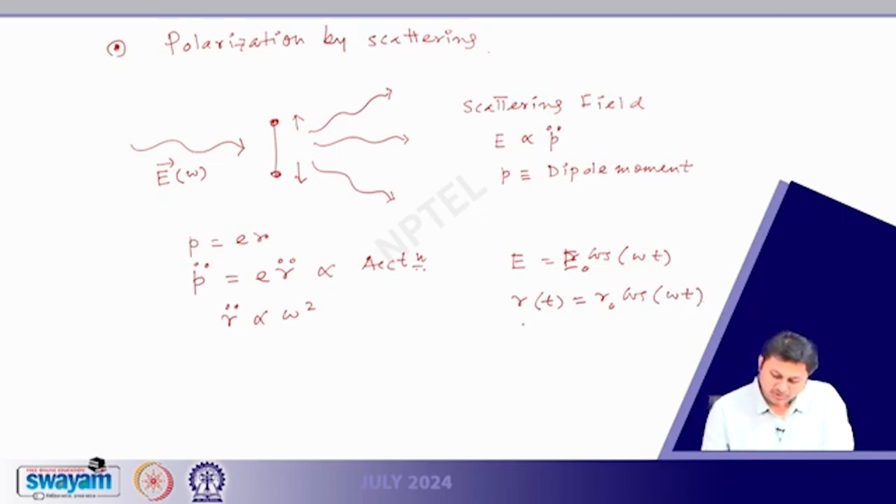So, r double dot will simply be proportional to omega square. From here we can get, P is proportional to